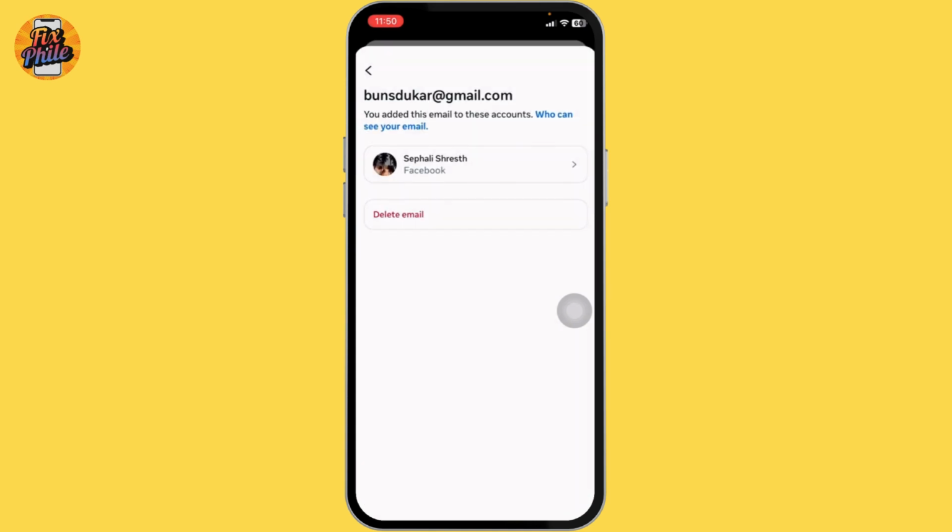In case you have only one email address connected to your Facebook account, you won't be able to remove it. In order to be able to remove the email address, you'll need to connect your Facebook account to another email address or a phone number, and that's it. This way you are able to remove email